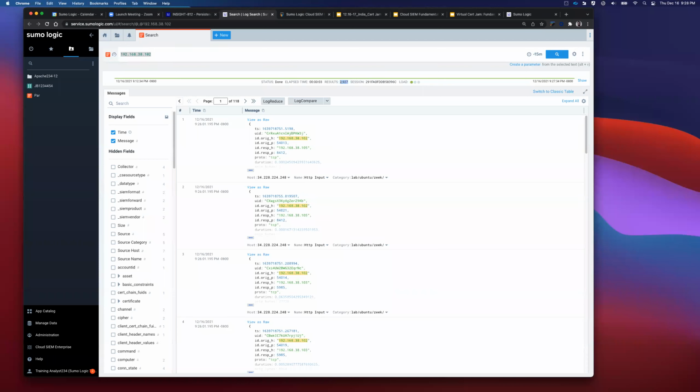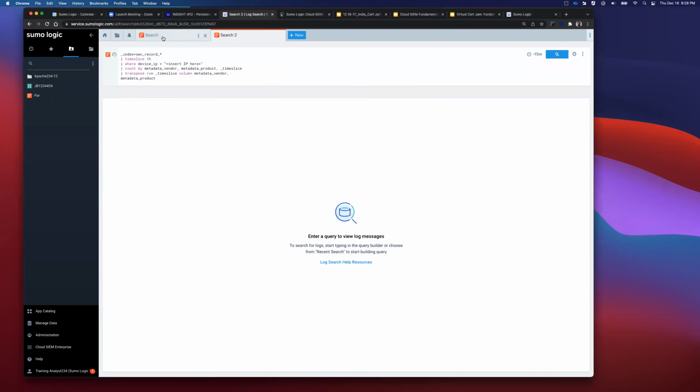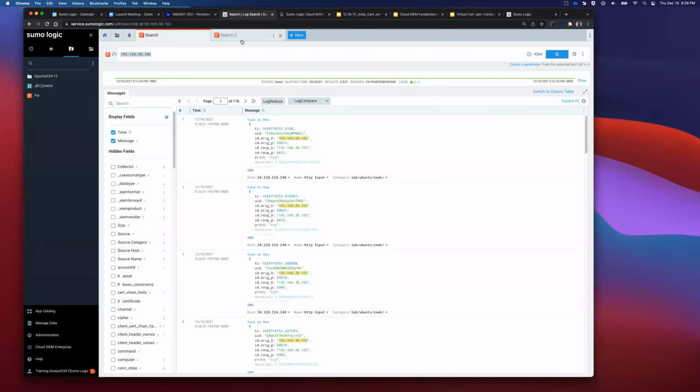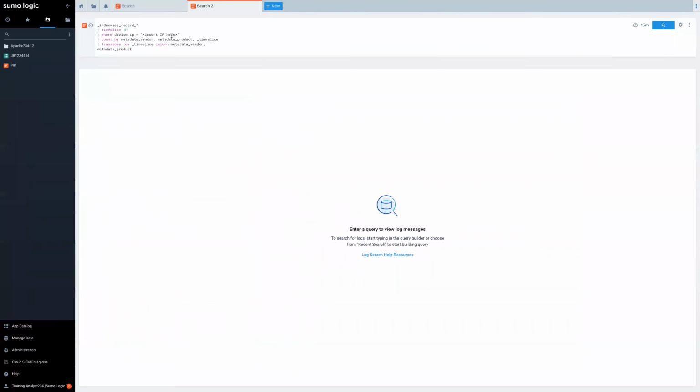Now, what we're going to do next, as it says, is another query. This query is actually similar to one we ran yesterday because it's going to have transpose. But I want to show you the query. It's important enough to show you. So let me highlight it here and do a new log search. I'm going to paste the query. And then I'm going to grab this IP address, and, oh, I should have this on full screen, sorry. And I'm going to put this in right here.